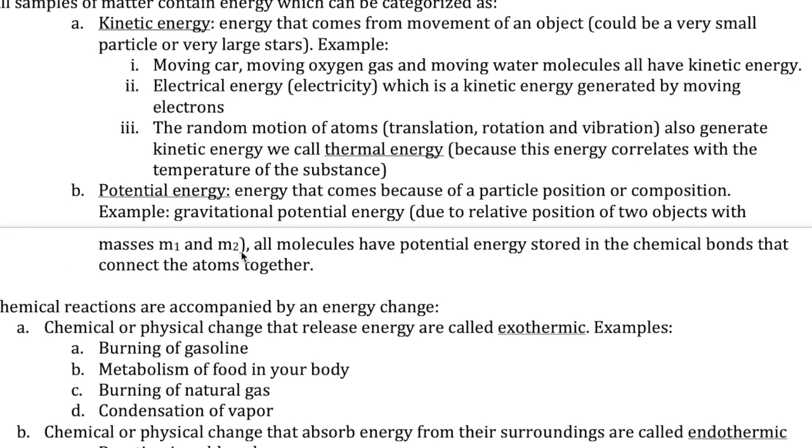The other type of energy is something we call potential energy. This one is sometimes a little harder to see because it's the energy that comes about because of the way a particle or an object is composed, or the way its position is relative to some other reference position. The really easy one to see is gravitational potential energy. This is when you take an object and put it above the ground at a certain height. You know that object will fall down, and when it falls down, it releases some amount of energy.